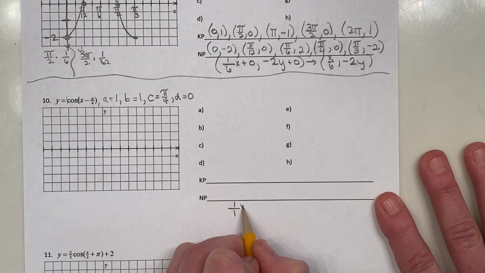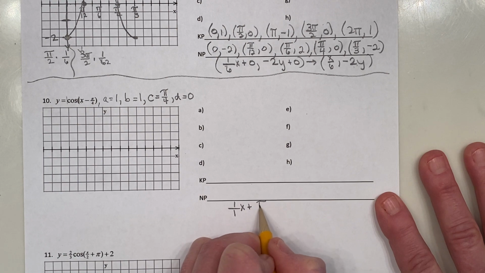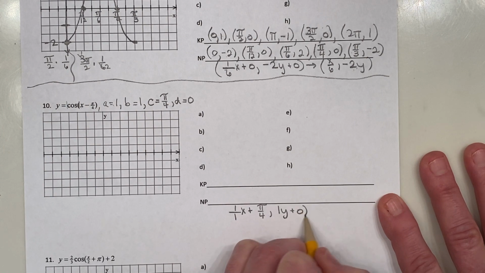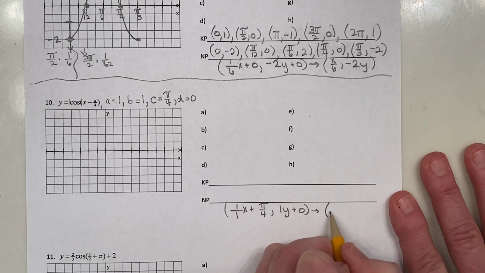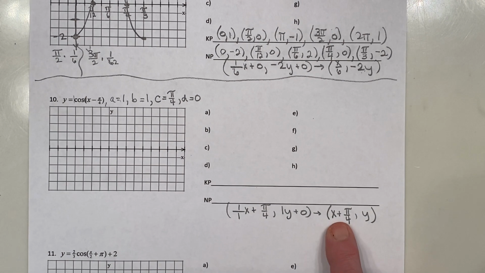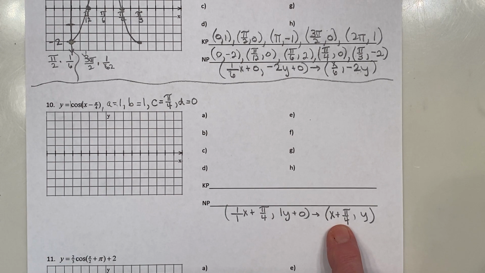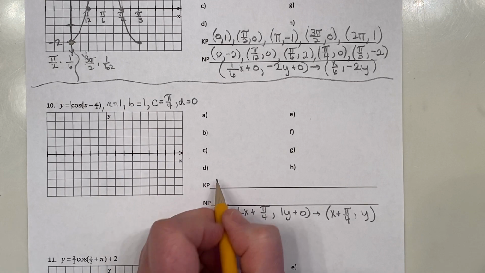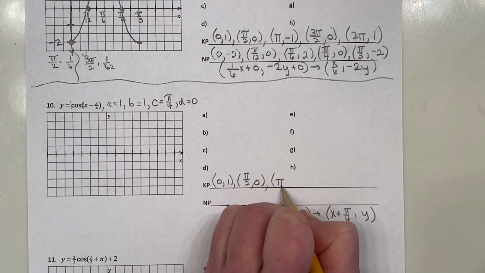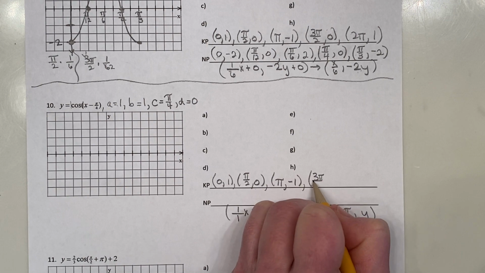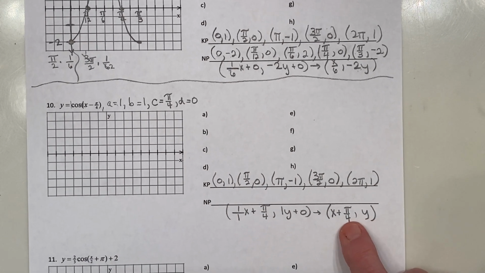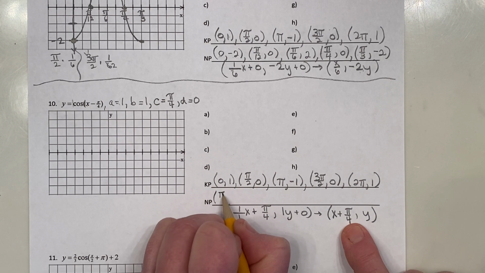So 1 over B times X plus C, plus pi over 4, AY, so that's 1y plus 0. So we've got X plus pi over 4, and no changes to the y's. So what that tells me is that all my x coordinates are going to increase by pi over 4, so I must be shifting to the right pi over 4. Okay, y's don't change, just add pi over 4 to all the x's, so that would be pi over 4,